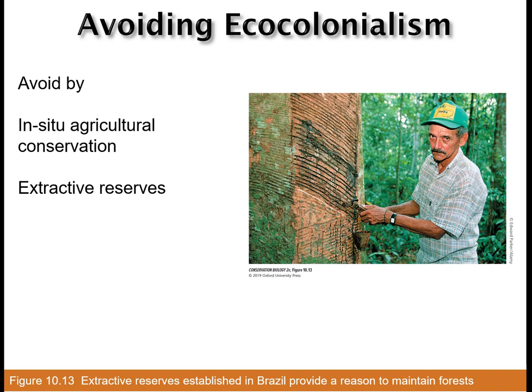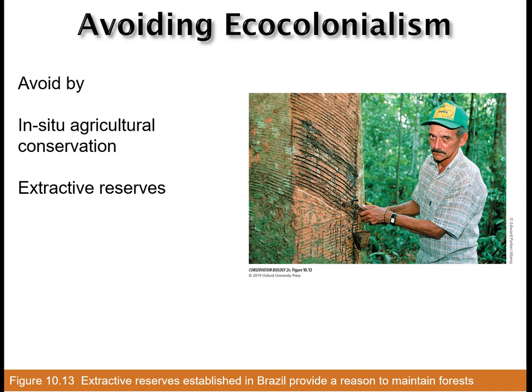We can also do things like in situ agricultural conservation, which is essentially preserving older forms of agriculture, like traditional versions of potatoes from South America and the practices that went into traditional agriculture, so that we can preserve the biodiversity of those agricultural species. And then also extractive reserves, areas where we allow for the use and harvest of traditional natural resources